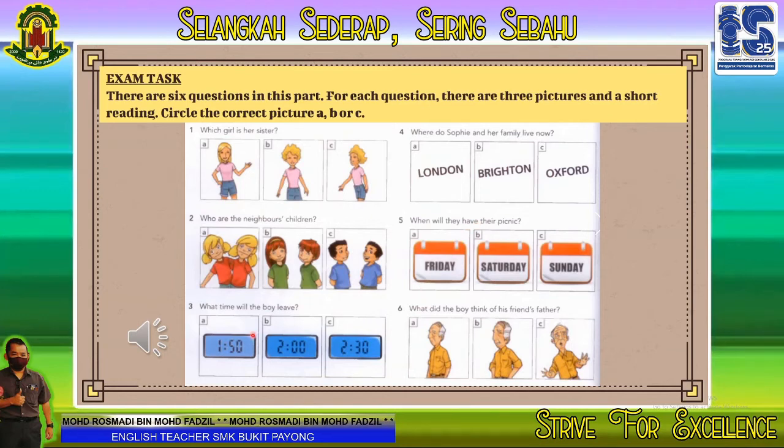Number 3 also. They mention the time. But the question is, what time will the boy leave? What time should he leave, the time he will leave? Not the time his father arrives at the station. Okay, listen carefully, copy the questions, answer, and then take pictures and send to me.